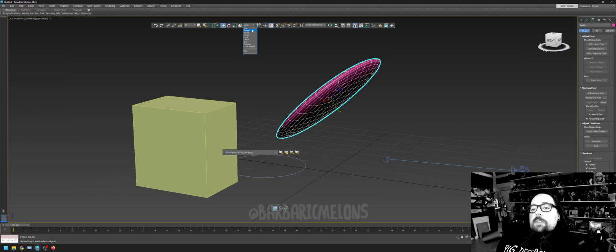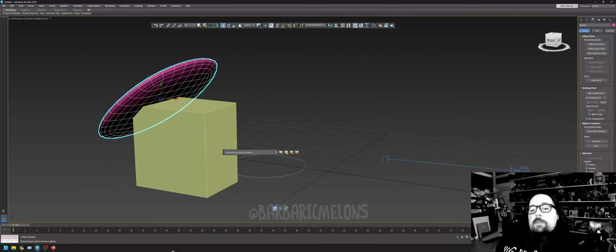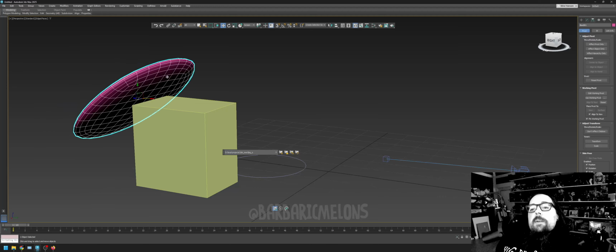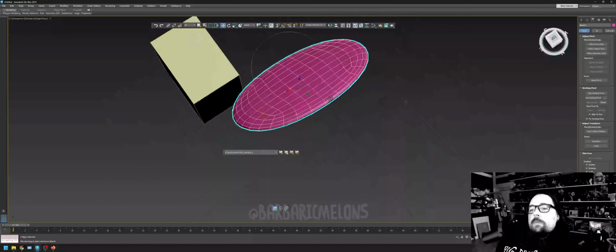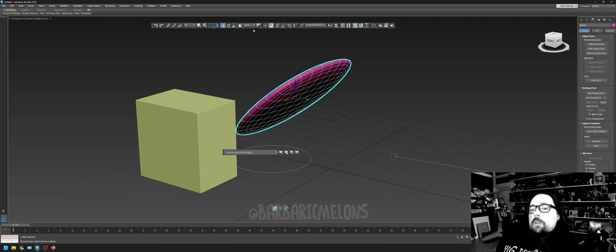We've got view, we've got screen, which is based on the screen, so I don't get depth basically. It's just what I'm looking at with my screen, right? So now I get a little bit of depth back there. World, I don't use world very often. I'm wondering what it's different than view. Must be different under some circumstances. I don't use it all the time. Local, gimbal, again, that's like the kind of offset of it. The grid itself, and then